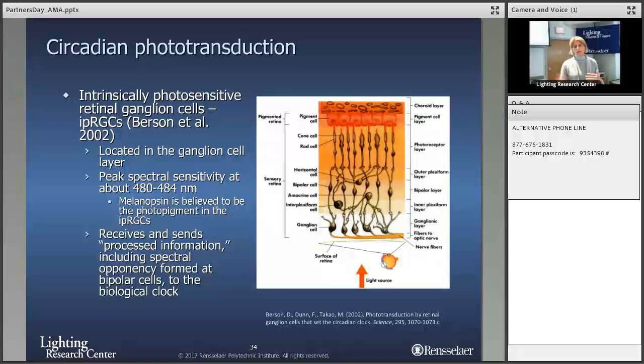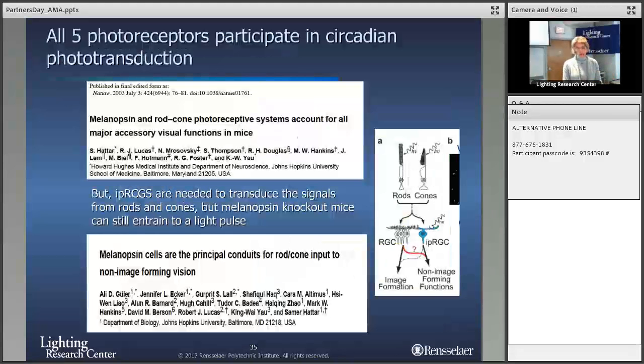The regular retinal ganglion cells go to the brain, to the LGN, for color information, but you also have the IPRGCs that receive that information and transfer it to the biological clock. Consistent with that, a lot of studies were done right after the discovery of the new photoreceptors. And now the whole field agrees that all 5 photoreceptors, rods, the 3 types of cones, and the IPRGCs participate